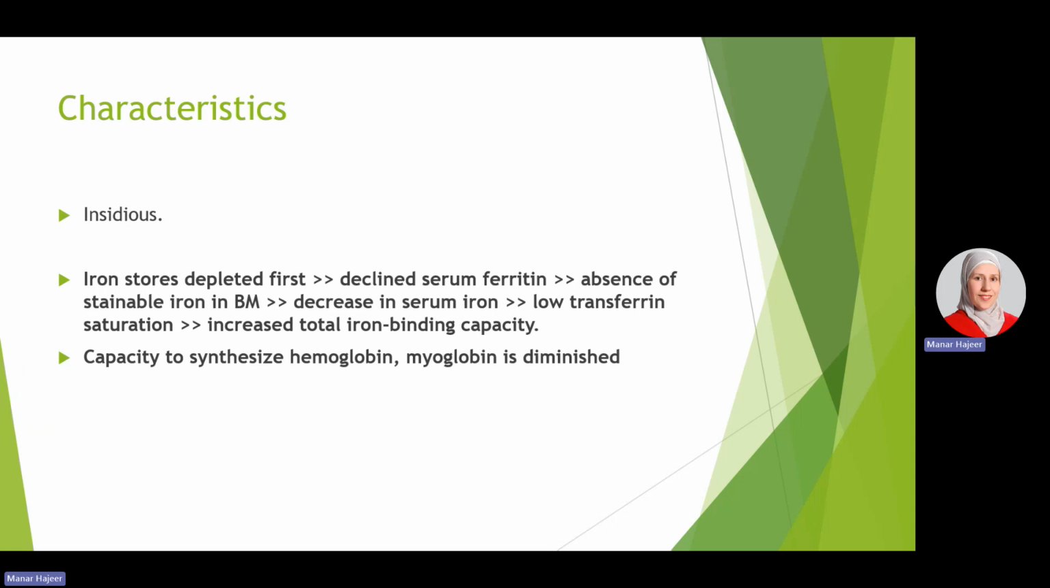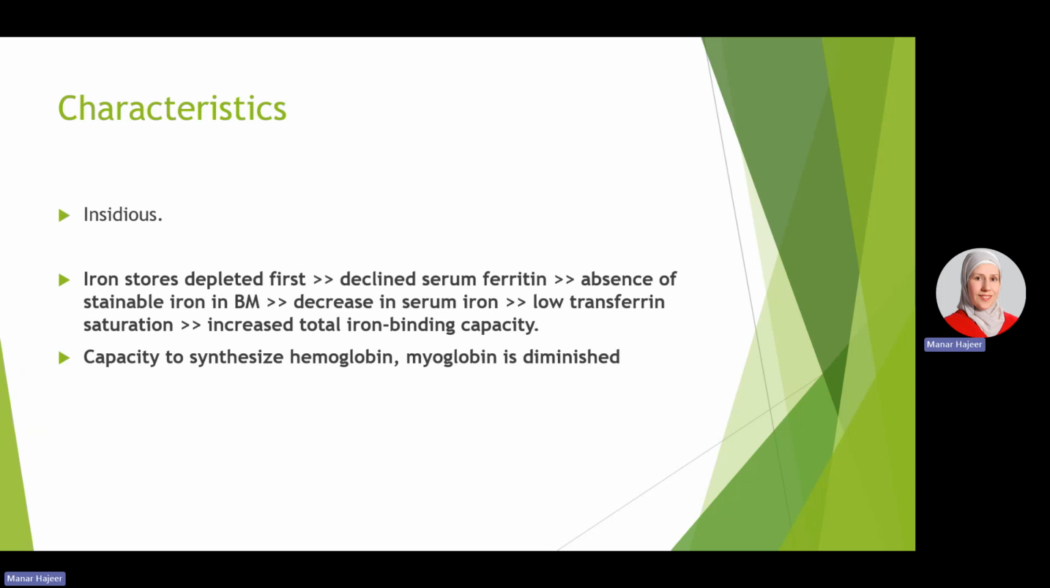just an iron deficiency. Decrease in serum iron levels, also low transferrin saturation in the serum, and increase in the total iron binding capacity to the transferrin, because we have low iron, so very much of this iron will attach to the transferrin. The capacity to synthesize products or proteins that contain iron, like the hemoglobin and the myoglobin in